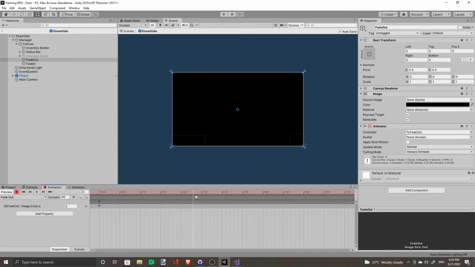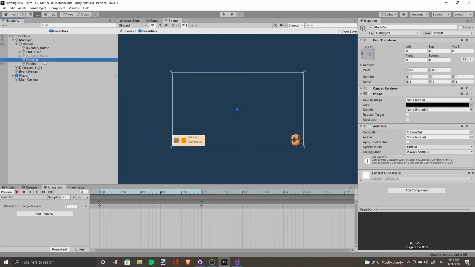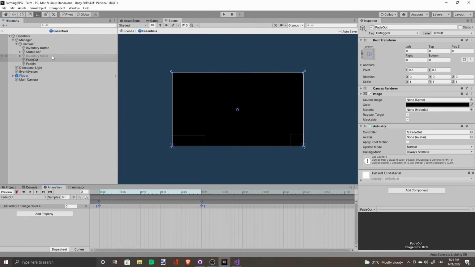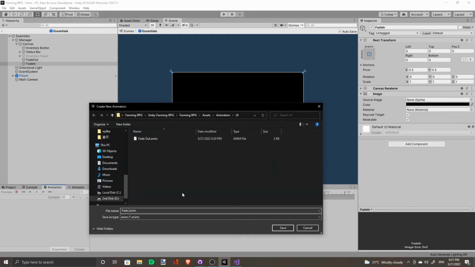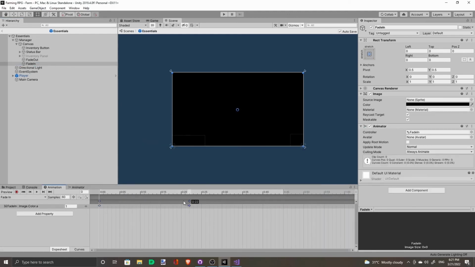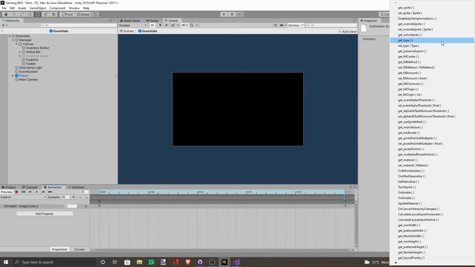And we want this duration to be about 1/4 of a second. So when the screen fades out, likewise the fade in is the same thing, but it does the opposite. You just have to switch. But on fade in, once it's faded, we want it to...